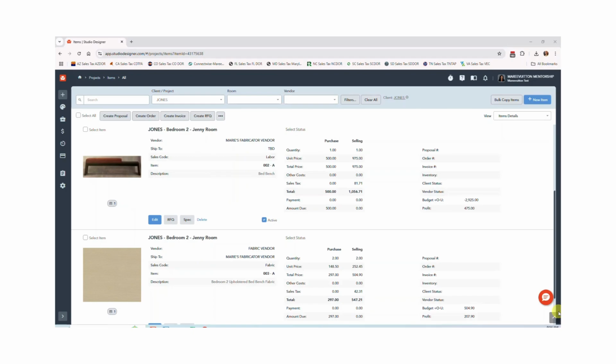In this video, we're going to go over how to create a proposal in Studio Designer. So you can see here that I've already set up the items that I'm ready to propose. I've put in our costs with each vendor and what we are going to charge the client. From there, once you've confirmed that everything looks great and you're ready to propose to your client, you're going to select